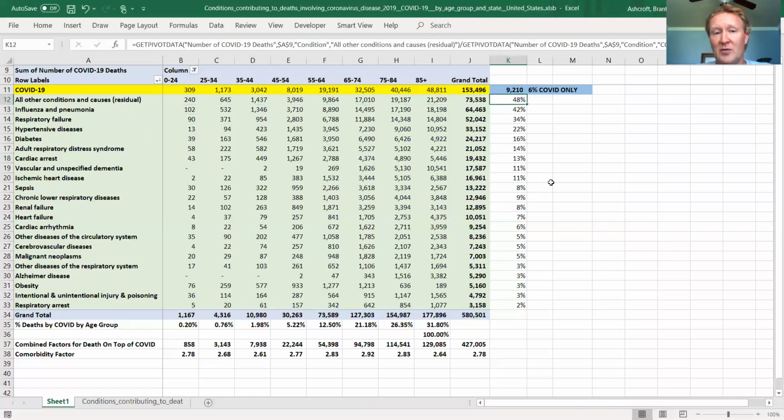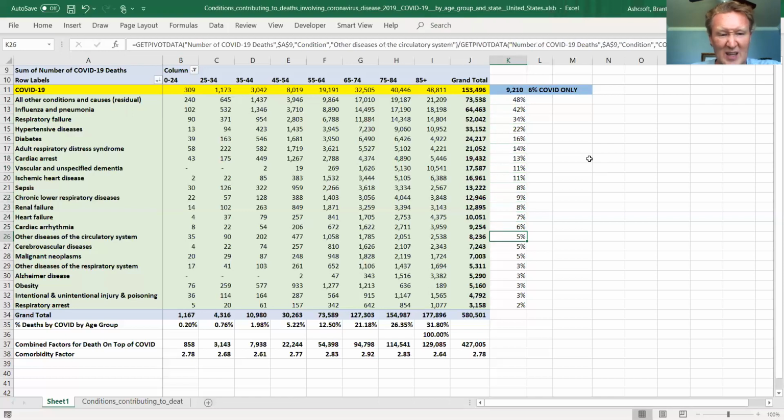Interesting to me is if you go over here, this is the percentage of instances per COVID death. So in this one, it's probably better to look at the flu and pneumonia. So in COVID deaths, the 153, 42% of those actually also had flu or pneumonia, which I found to be very interesting. So they had COVID and they had flu and pneumonia. And you can just go down the list here. Cardiac arrest is an example. And I guess in my mind, I'm thinking heart attack. That's probably what killed the person, the heart attack. They had COVID, so they listed it on the death certificate. But in reality, heart attack is what kills somebody. Same thing with heart failure.